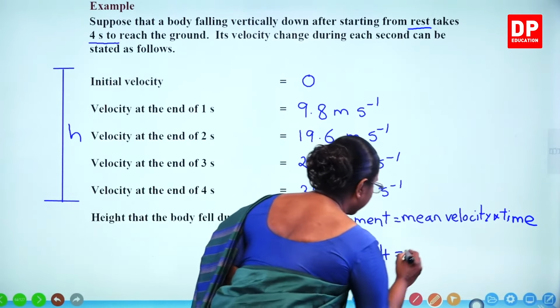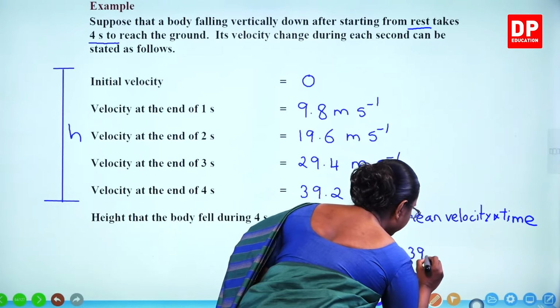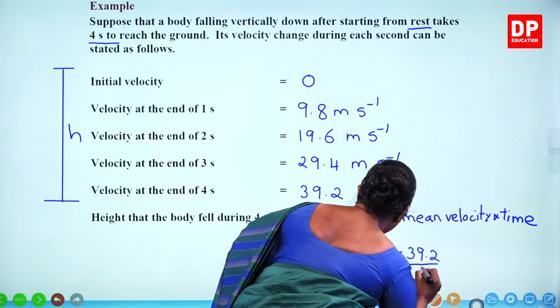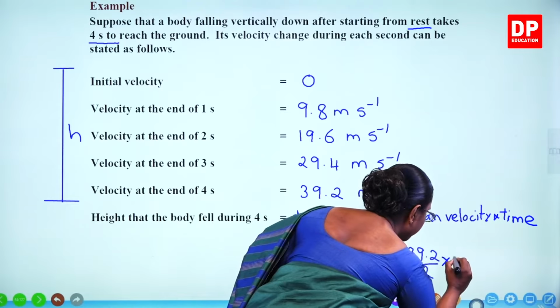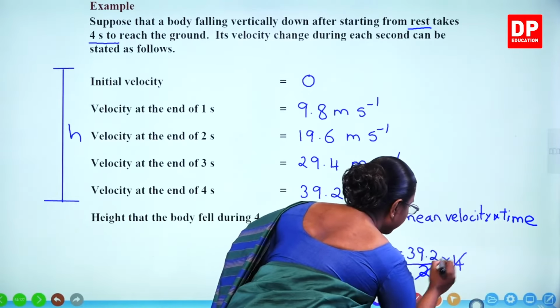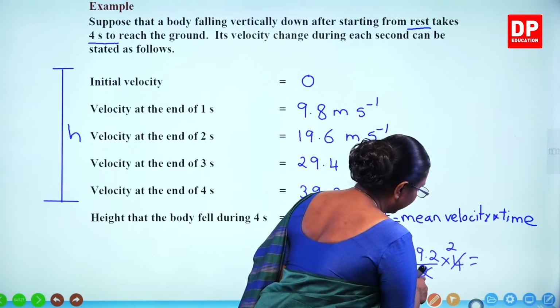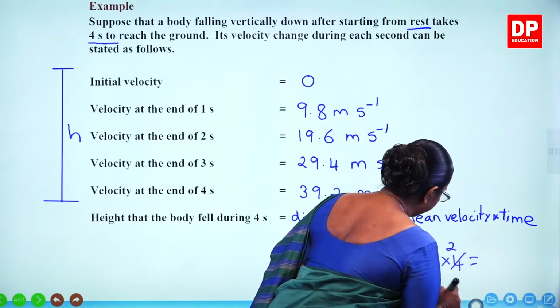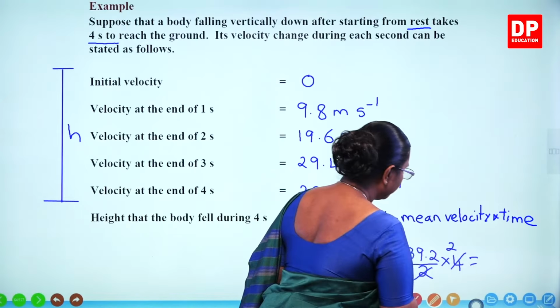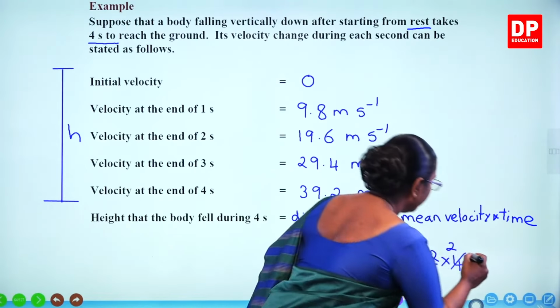If we simplify it, it becomes 39.2 divided by 2 into 4. We can simplify 2 and 4, and then multiply 2 into 39.2, we will get